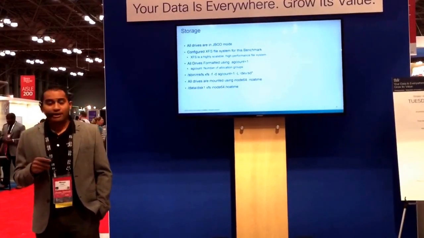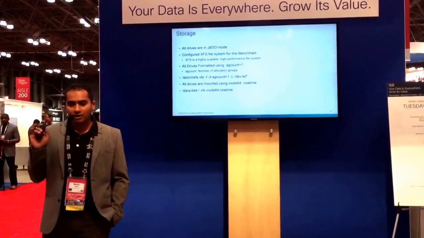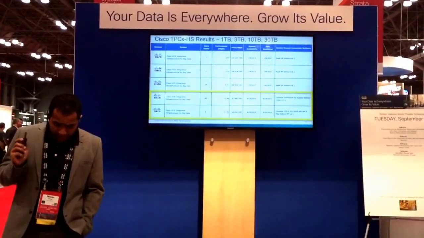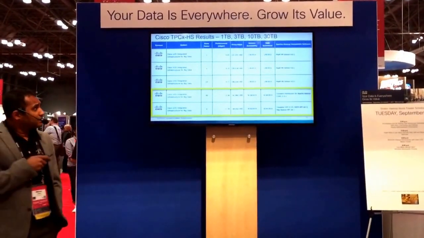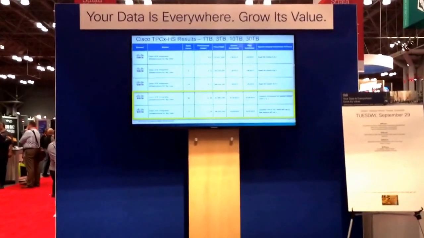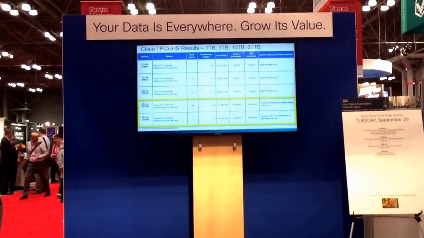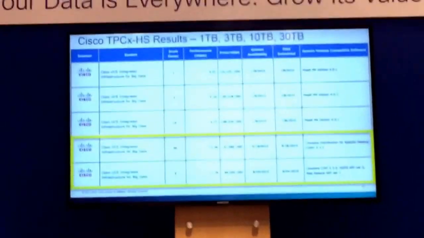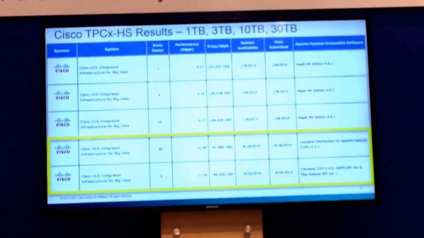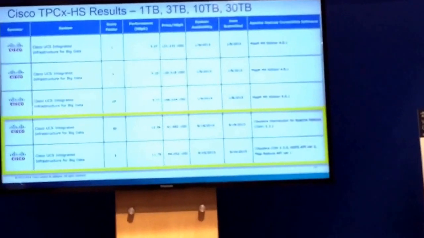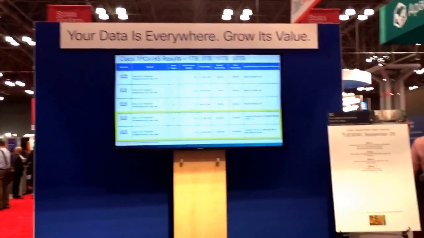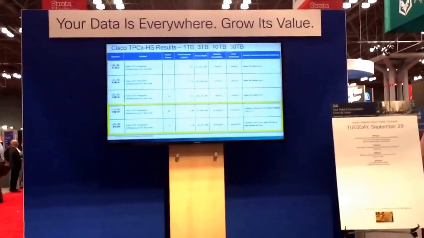We published the benchmark on tpc.org and we put all the files there. So if you want, we can discuss it offline too. These are the numbers Cisco published on tpc.org for TPCx-HS. If you go to tpc.org, you will see all the numbers Cisco published: 1 terabyte, 3 terabyte, 10 terabyte, and 30 terabyte. These three are the old generation of servers Cisco published, but these two are the latest generation, version 3, which we just announced 2 weeks back. We beat the Dell number as well as the Huawei number too.